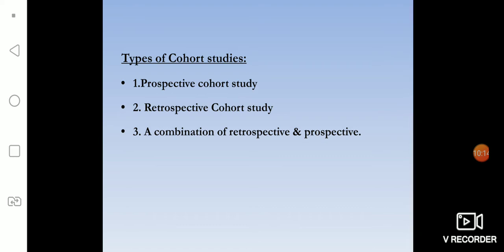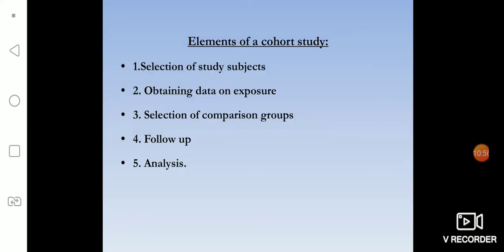In 2000, we will get the primary school data of those who have survived, meeting the eligibility criteria and diagnostic criteria. And then we will see how many of them developed a smoking habit after 10 years, that is in 2010. And from 2010 to 2020, we will follow up. And then we will see how many of them have developed lung cancer. This is called a retrospective cohort study. Now the combination can be selected 10 years back and following 10 years further. So that is a combination of retrospective and prospective cohort study.